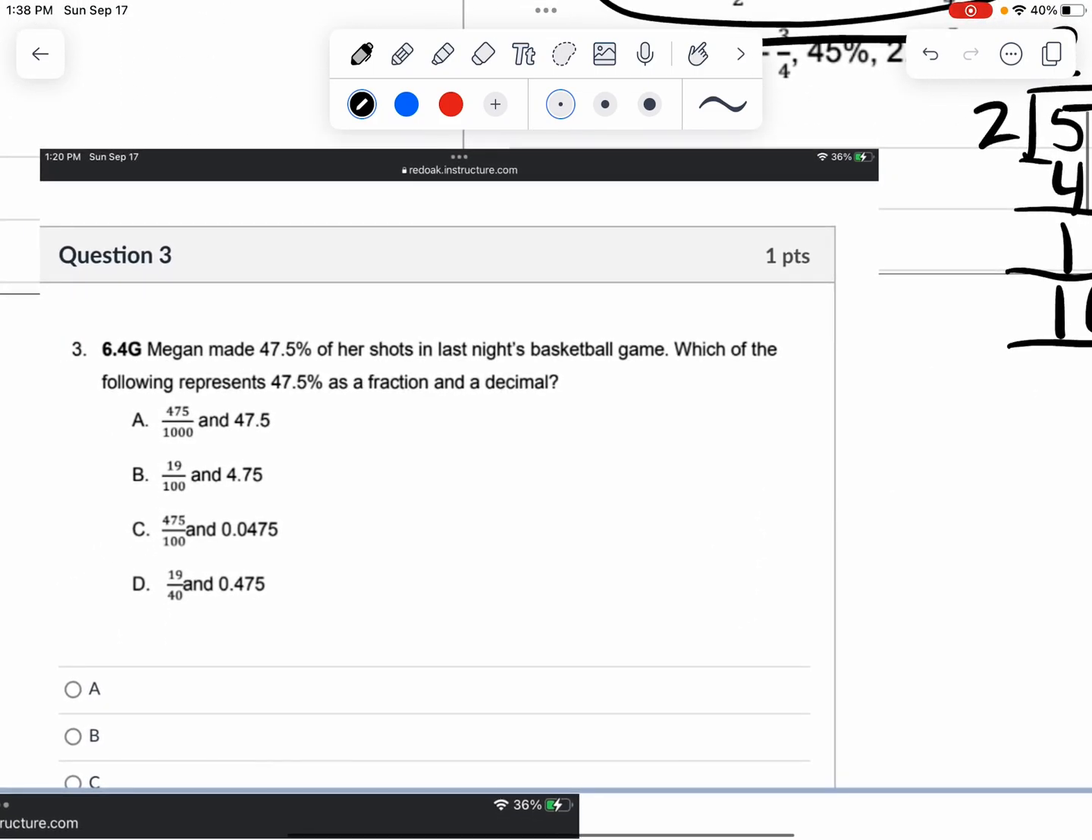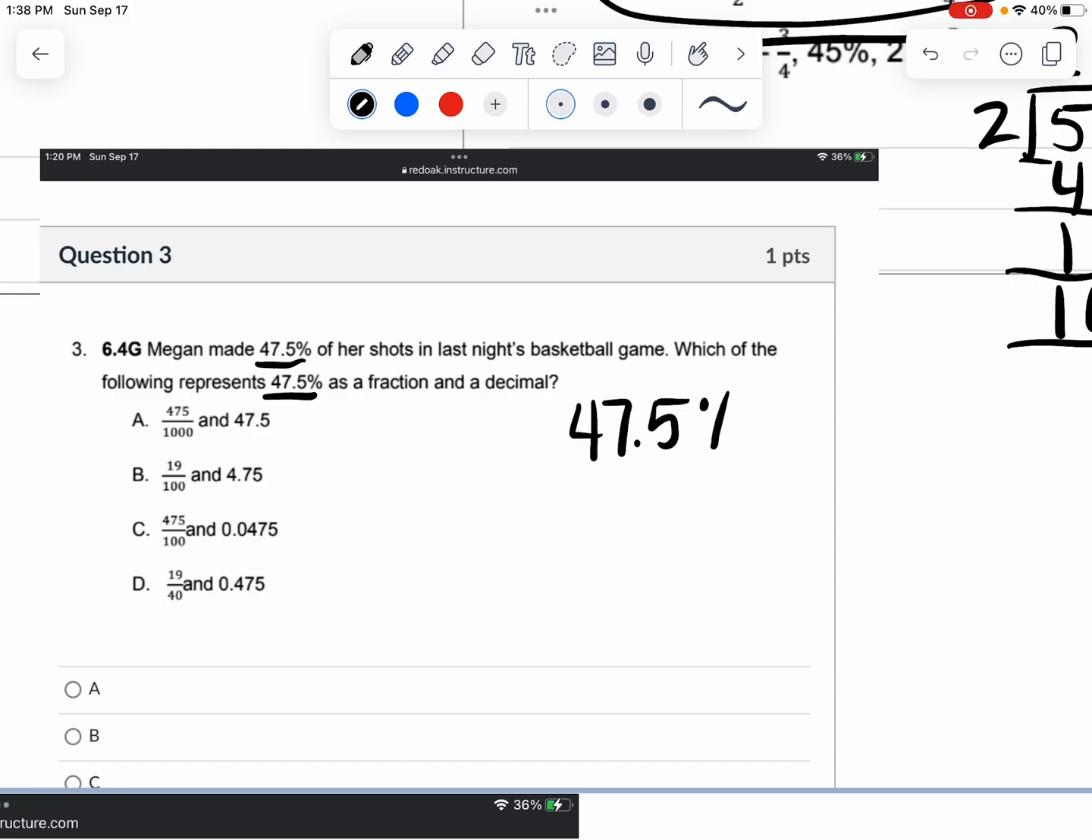Number 3, Megan made 47.5% of her shots in last night's basketball game. Which of the following represents 47.5% as a fraction and a decimal? Okay, so I'm going to write over here. We have